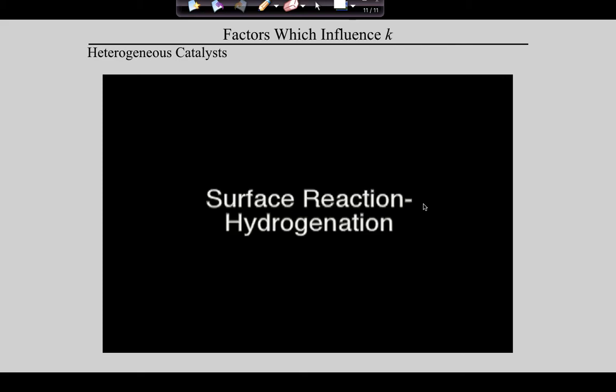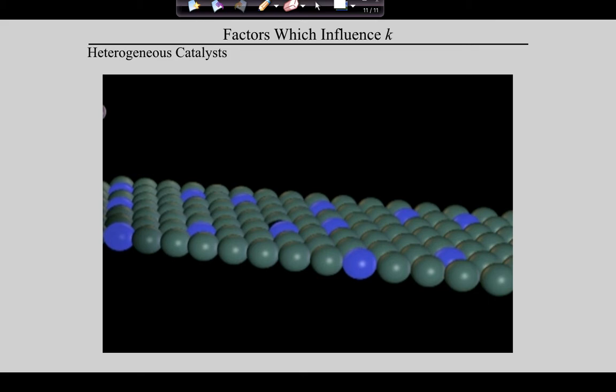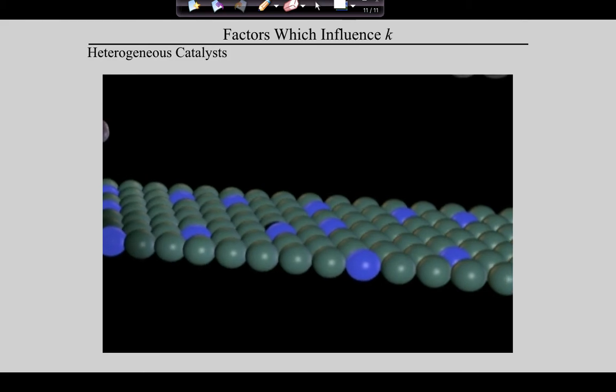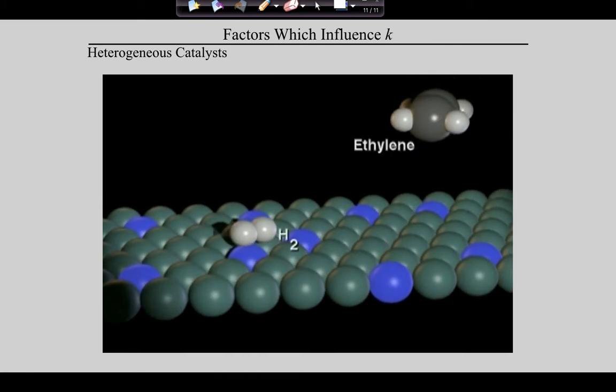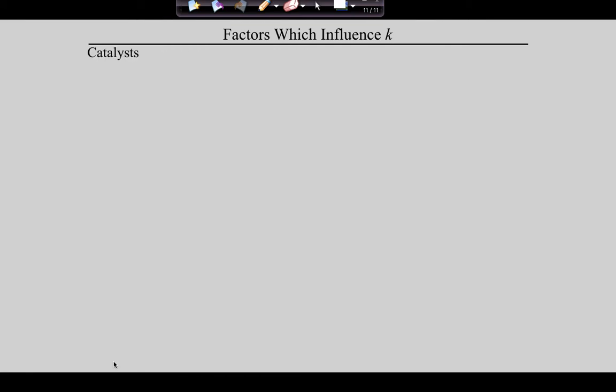A specially prepared metal surface of nickel or palladium contains active sites, symbolized by the blue spheres, at which a surface reaction can occur. When ethylene and hydrogen are exposed to this surface,